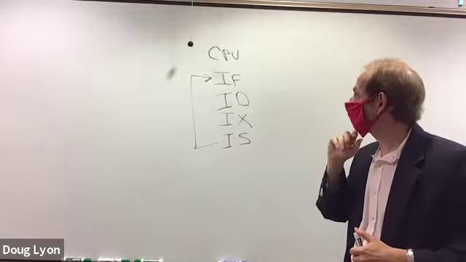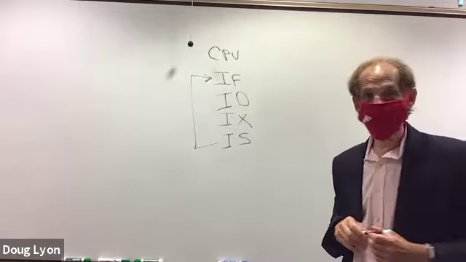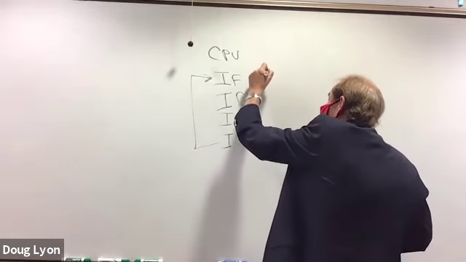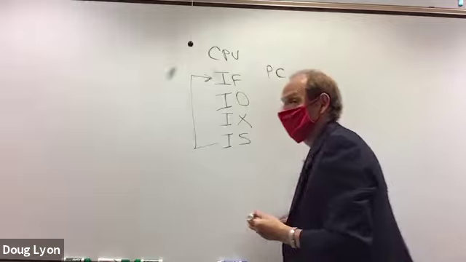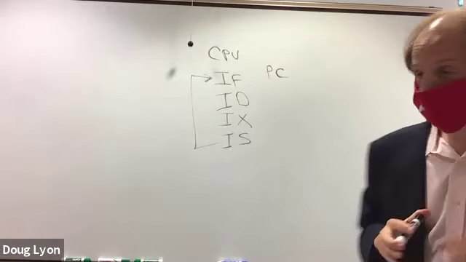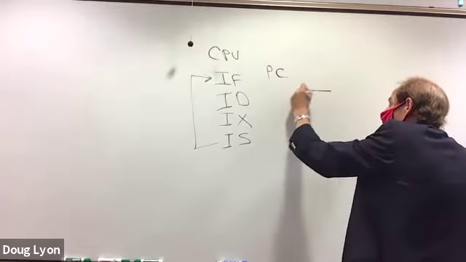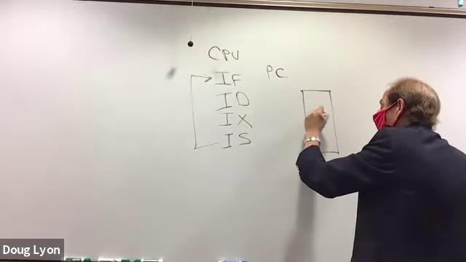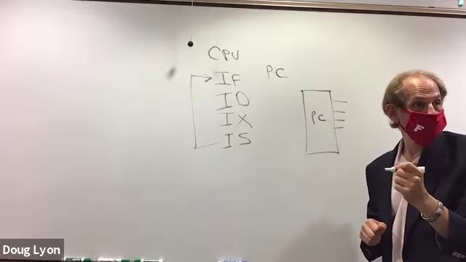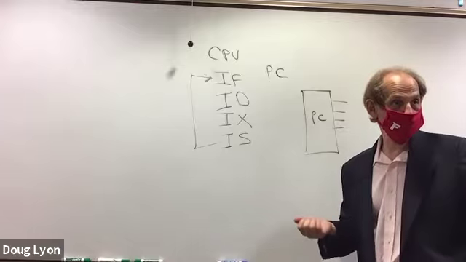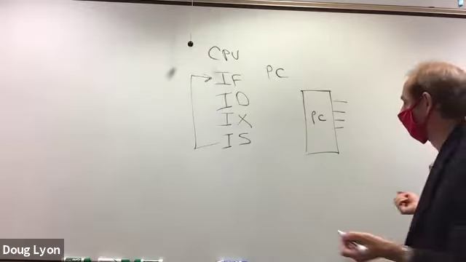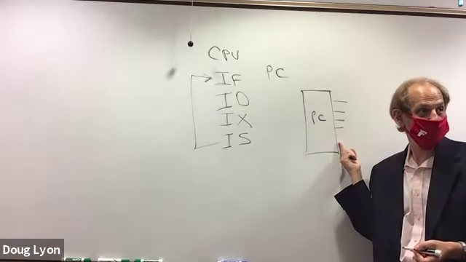Now, what drives this entire CPU process is a counter, a very simple counter called the program counter, PC. And the program counter essentially is a counter just like any other counter you might have encountered. Here it is, the program counter. And it has outputs, 1, 2, 3, 4. We'll just have a 4-bit program counter. Obviously, if you have a 16-bit or a 32-bit or a 64-bit machine, it would have that many bits. But we'll start with 4 because 4 is a nice small number and I can draw it. If I have to draw 64, we're going to be here a while.